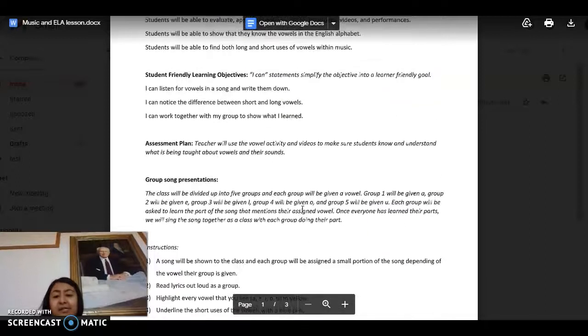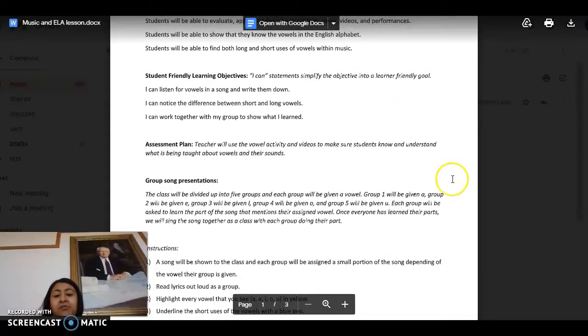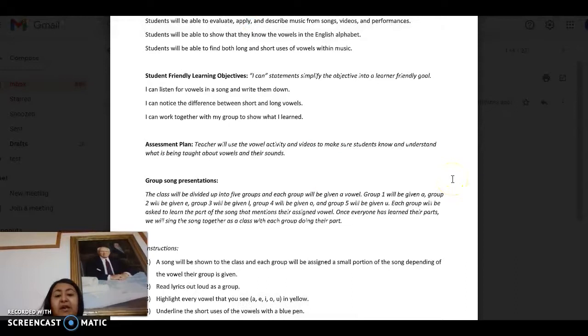And then for the assessment, I'm going to use the vowel activities and videos to make sure that students know and understand what is being